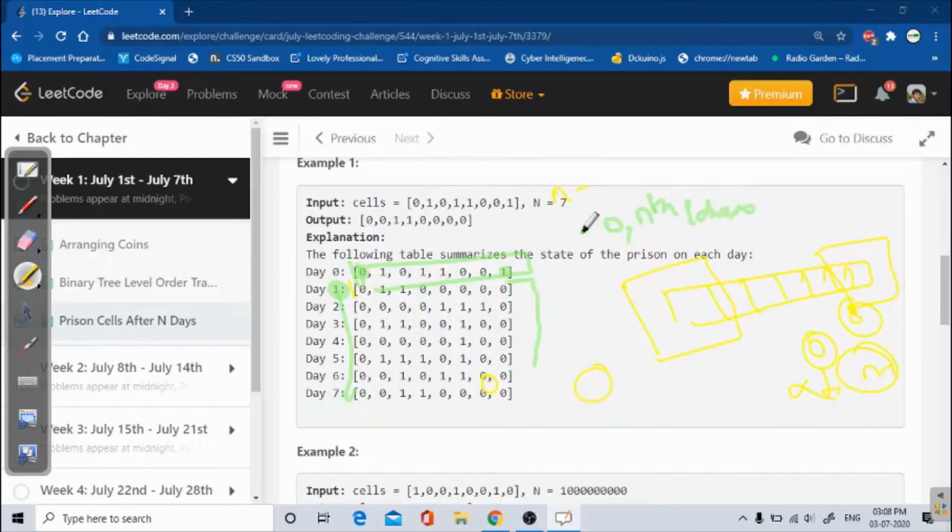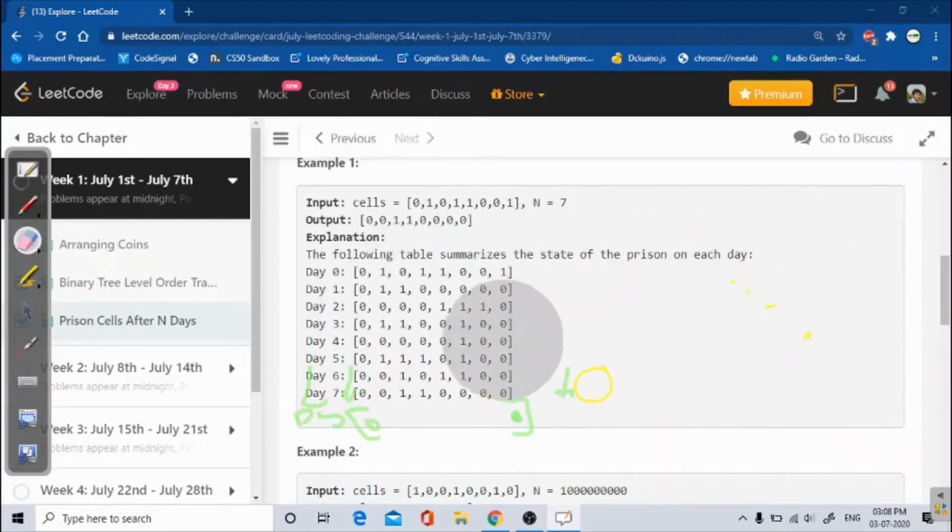So this will never repeat, because at day 7 or any day this 1 value never comes here. Because here and here the 0 will be there after day 1, so my input will never repeat. So the repetition will start from day 1 to day n. So we have to keep this in our mind also.